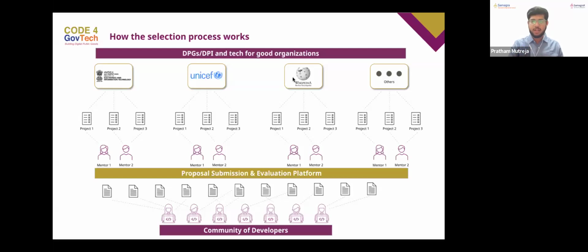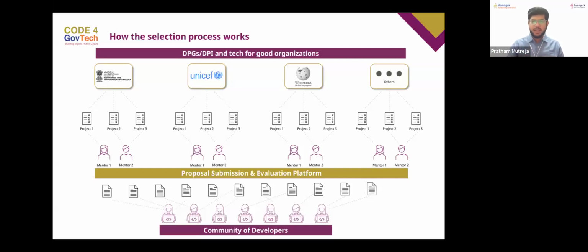Now, one of the organizations marked here is Wikipedia. All of us know what Wikipedia is. And I cannot imagine completing high school and college projects without Wikipedia. So Wikipedia is an open source piece of tech which has made our lives easy. That open source piece of tech is known as a digital public good. It is a digital good used by the entire public, and it creates some good social impact. The idea with Wikipedia is that it enables knowledge dissemination. That is where Wikipedia is creating its impact, making knowledge and information very easily accessible.